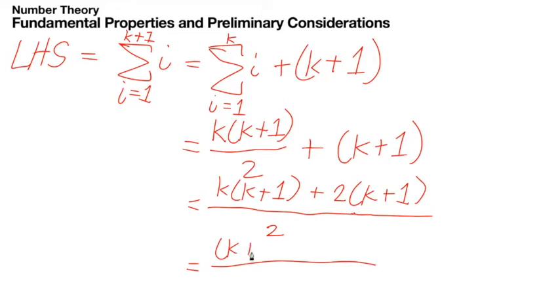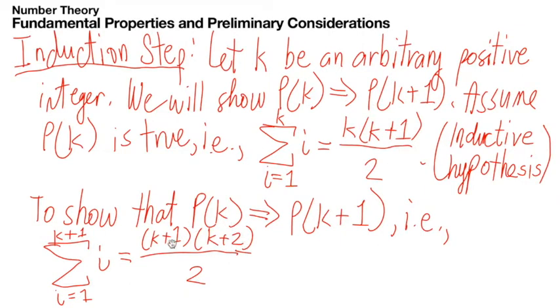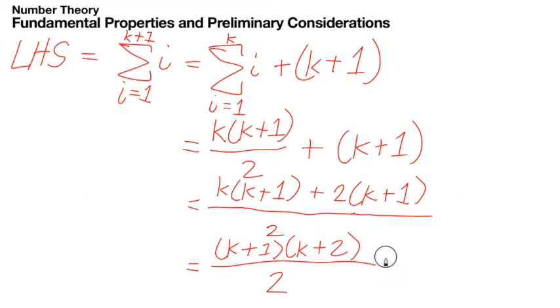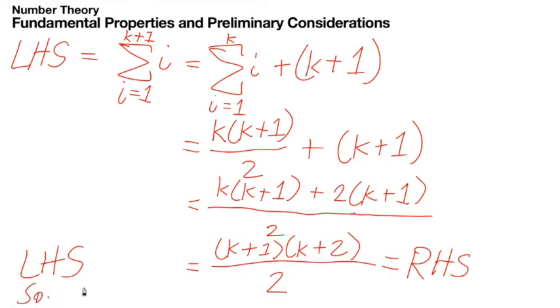What we have is the k plus 1 extracted. Then what is left? Here, if we're going to get the k plus 1, k is the one left. Here, if we're going to get the k plus 1, 2 is the one left. And this is all over 2. And voila, this is equal to your right hand side. So what we are saying here is the left hand side is equal to the right hand side. So we can conclude that